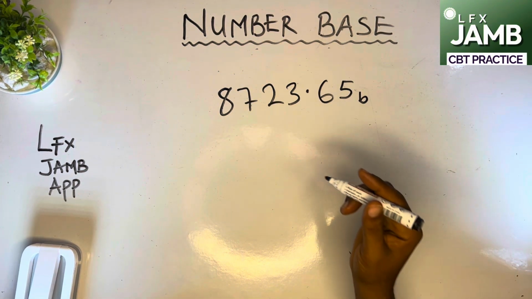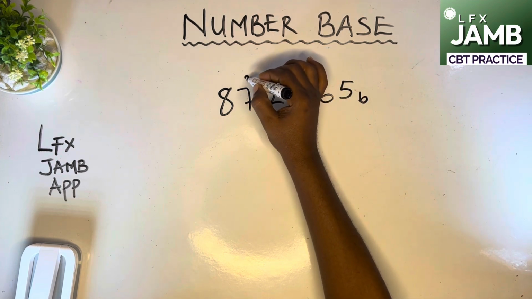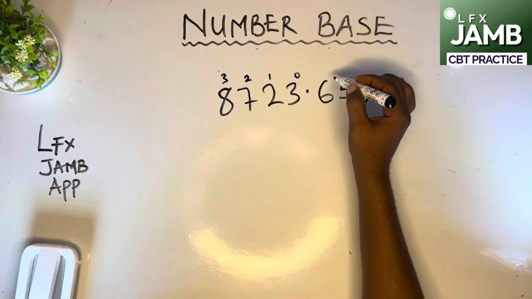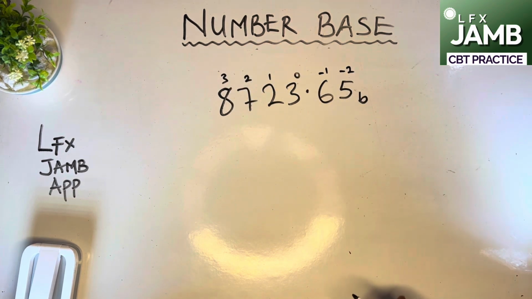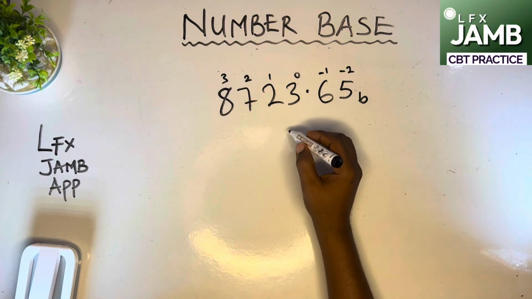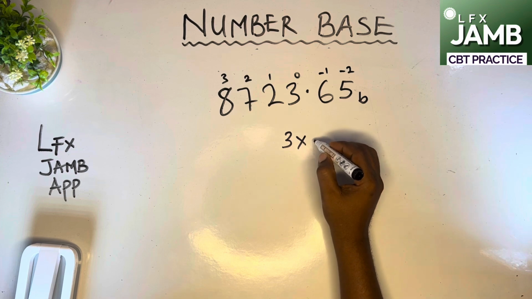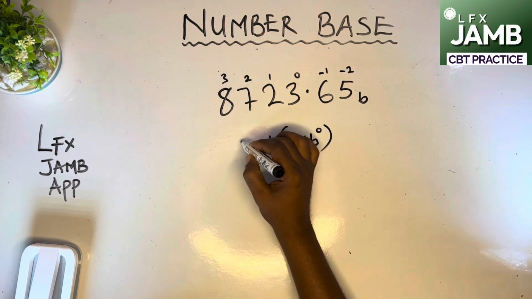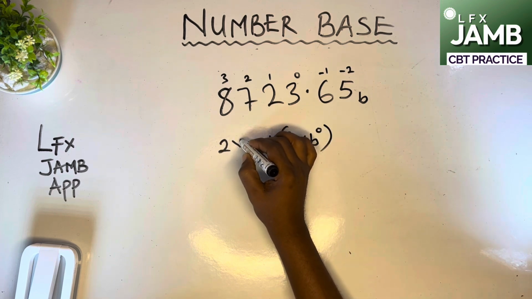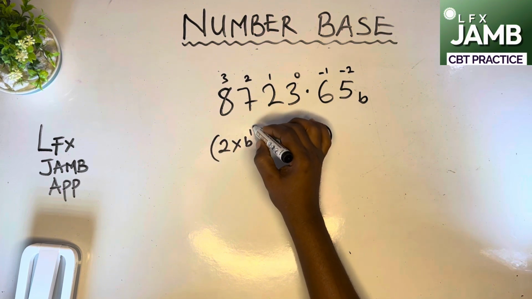What we'll simply do is, from here we'll count 0, 1, 2, 3. Then here we'll count -1, -2. So we have something like 3 times b raised to the power of 0, plus 2 times b raised to the power of 1,